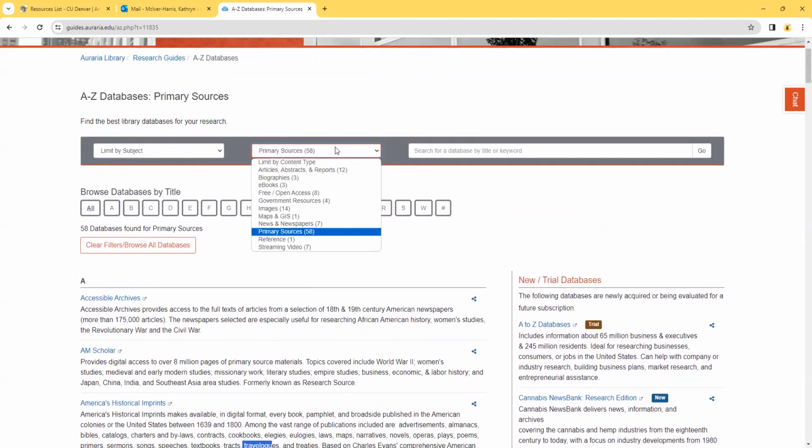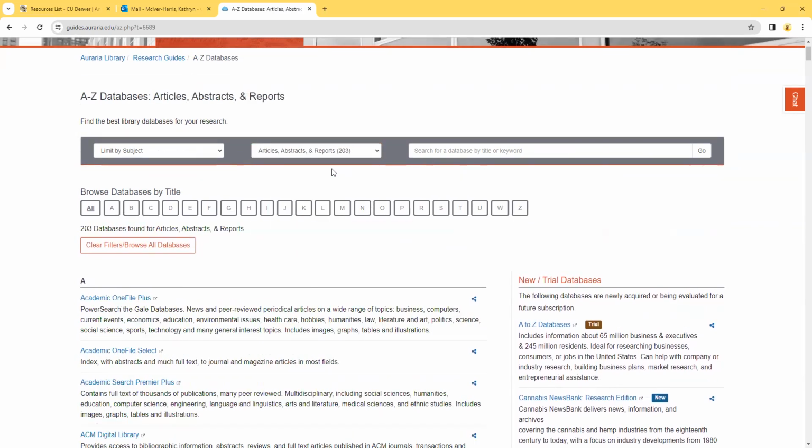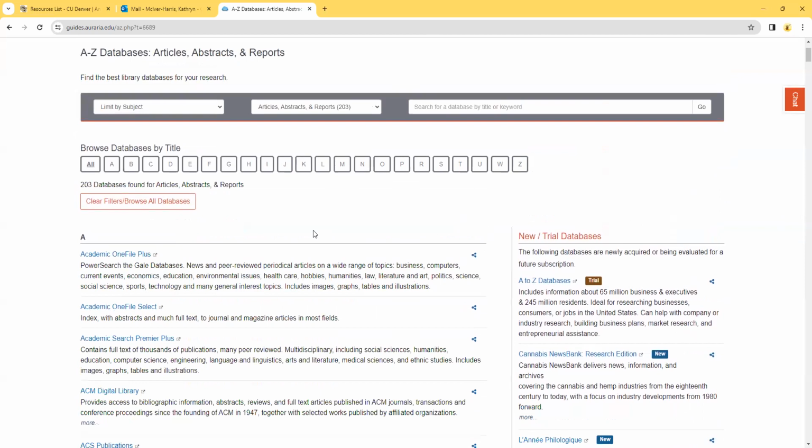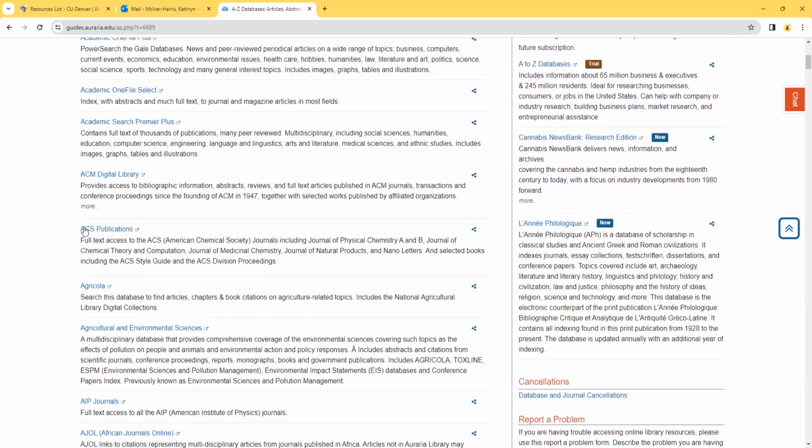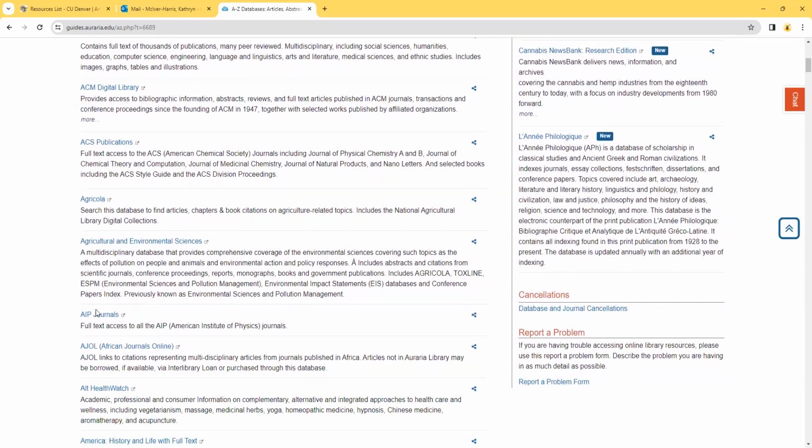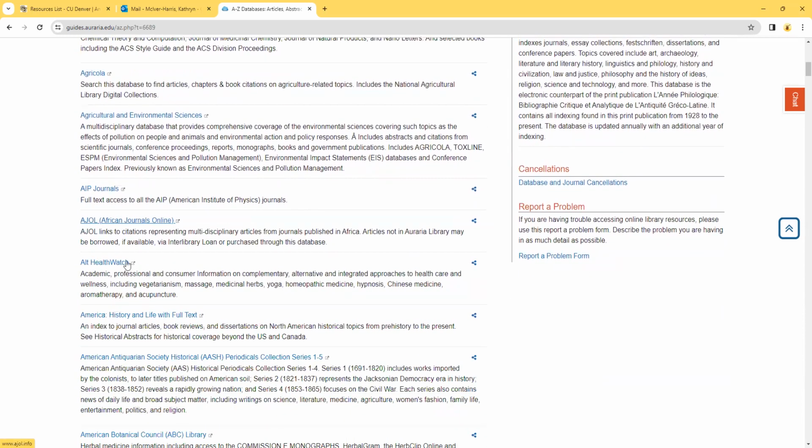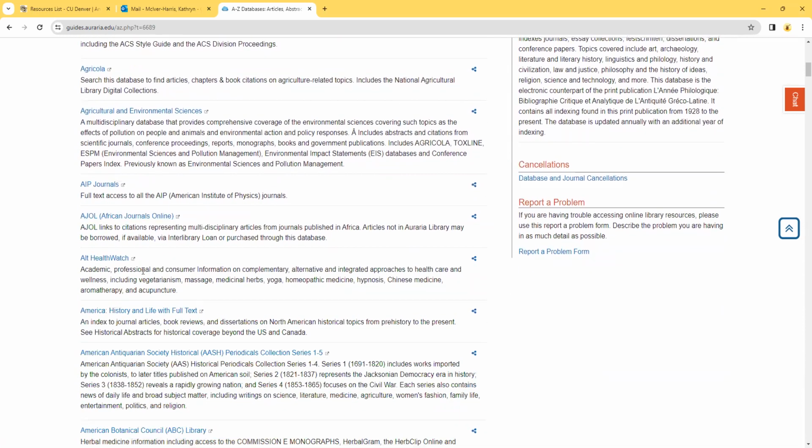However, if you want to look for something specific like reports, which you guys probably will, you can come down to your reports area and now you'll start seeing this is where you can pull some of your specific statistics. So like